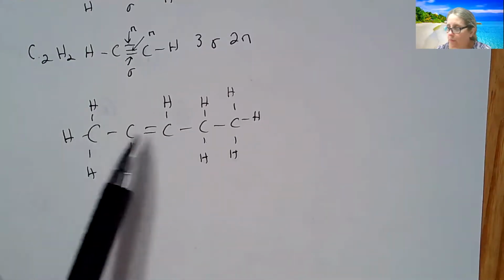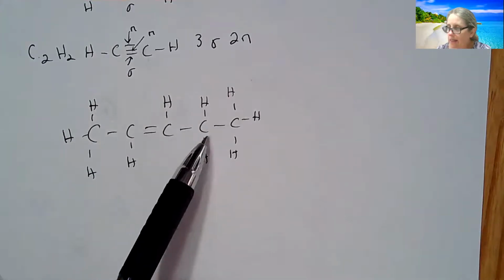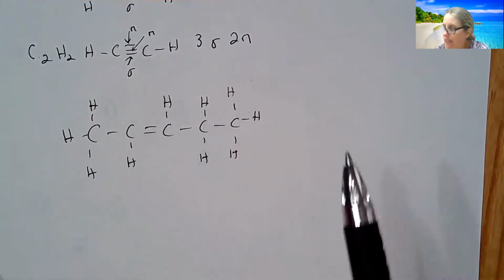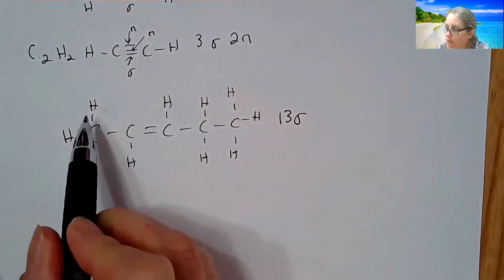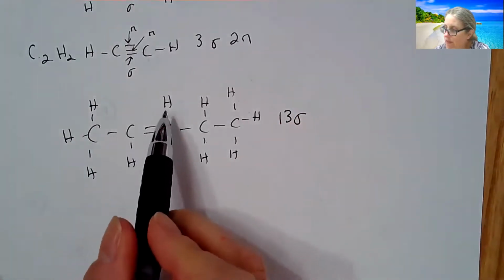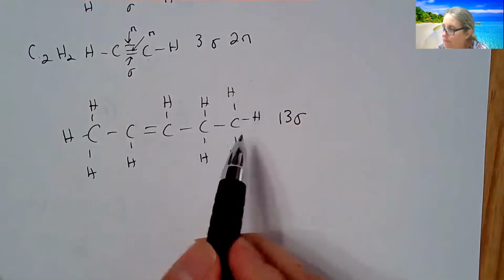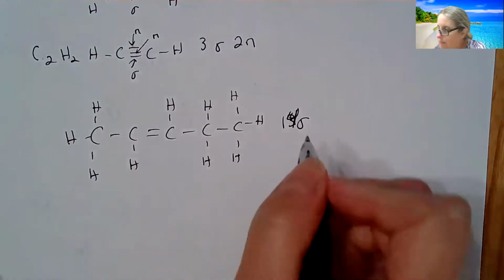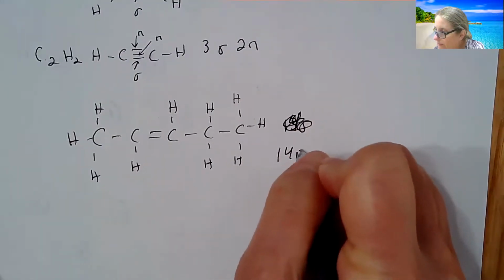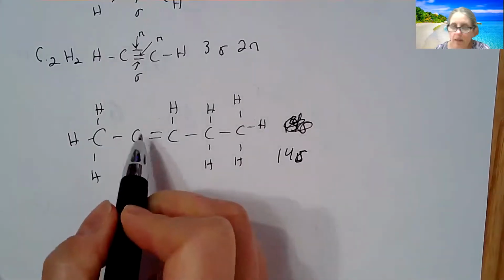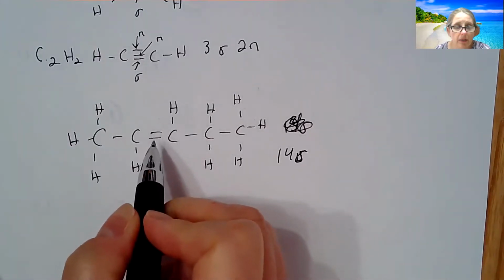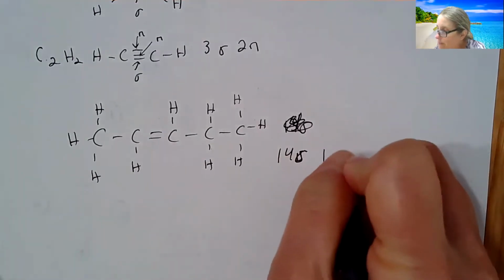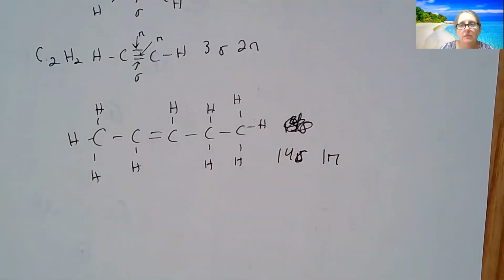All right, so I'm going to count my sigmas. 1, 2, 3, 4, 5, 6, 7, 8, 9, 10, 11, 12, 13. So I have 13 sigma bonds. Sorry, 14 sigmas. I forgot that hydrogen down there. 14 sigmas. And then this double bond, I counted as 1 sigma and 1 pi, so I have 1 pi bond. So that's going to be how the question is asked of you. Here is a molecule. How many sigma and how many pi bonds do you happen to have in that